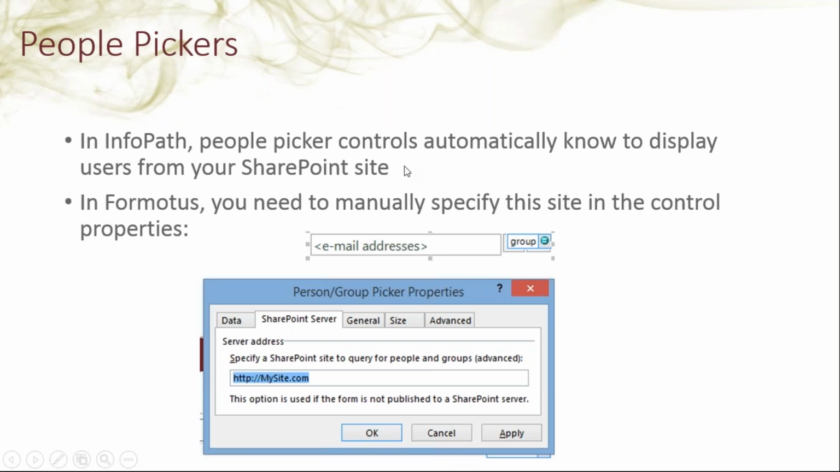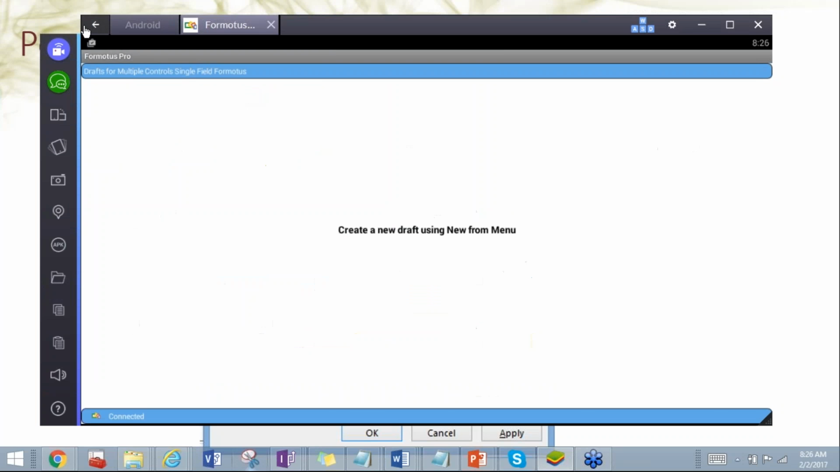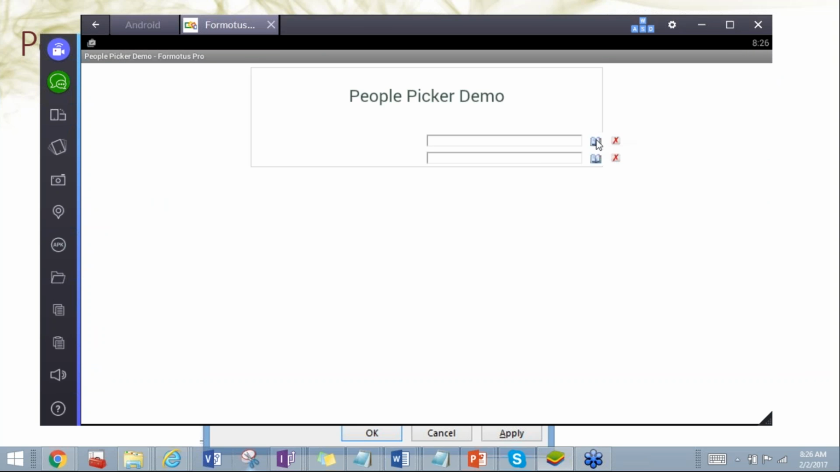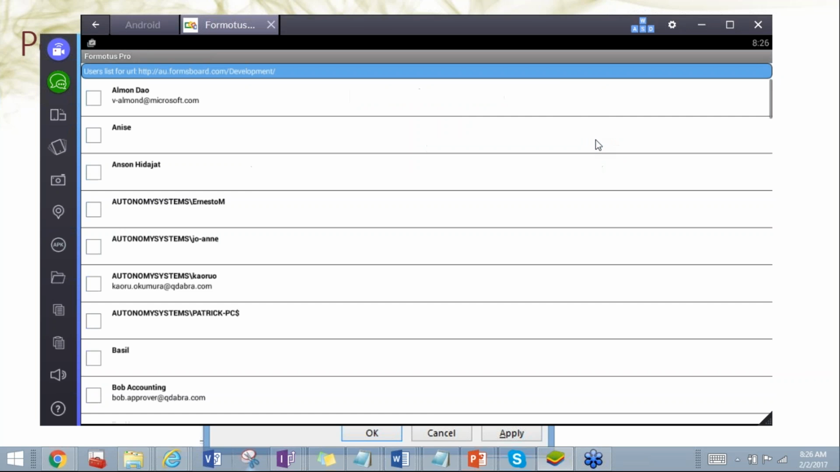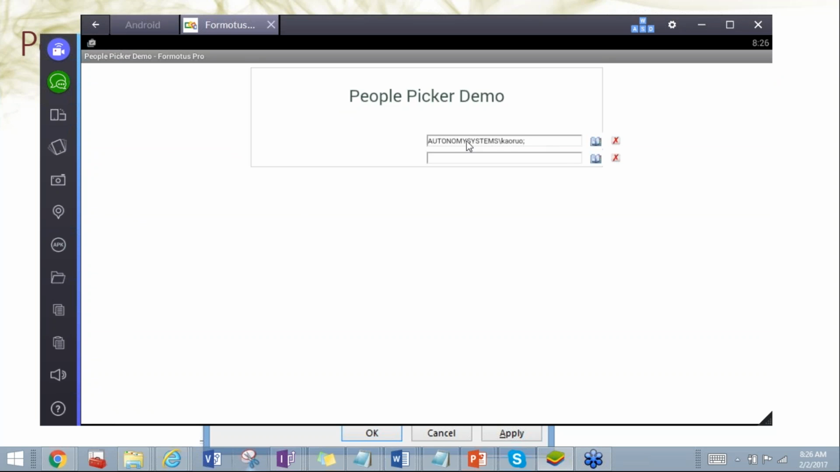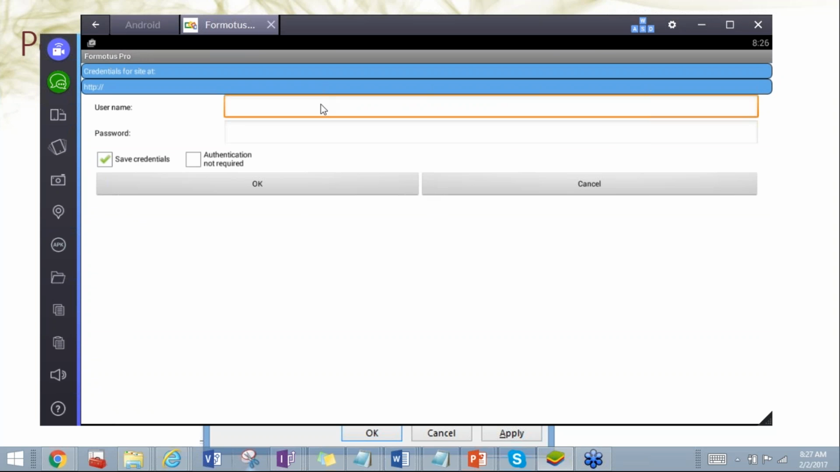Let me give you a quick demo of what happens so you know what errors you can expect to see. So this top one, this is how the People Picker looks on an Android device. If you click the little address book icon, it brings up this, and I can add whoever I want, and then if I click the back button, it will add that person in. So that's a People Picker that has been manually connected to the SharePoint site using the Properties menu I just showed you. If you don't do that, it will prompt you for credentials,